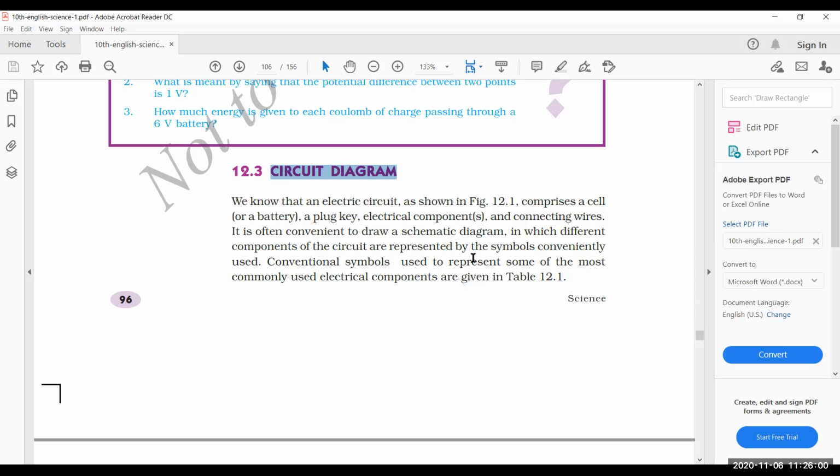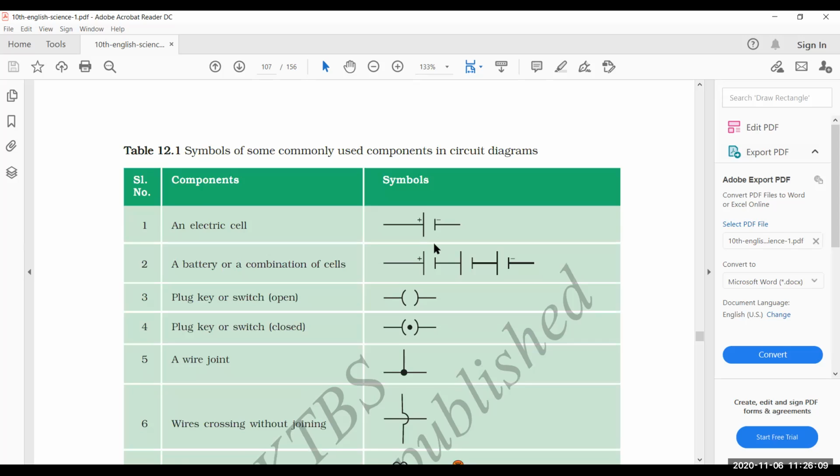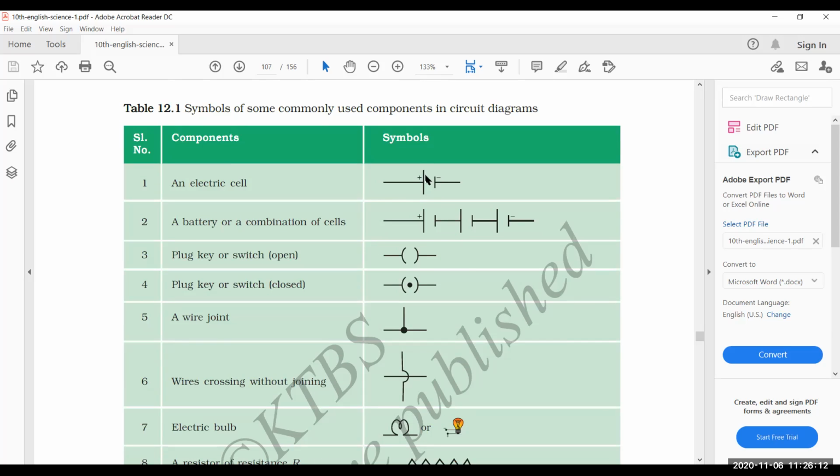So at that time, we need to know which circuit diagram it is or which part of a circuit it is. For that, we need to go through the components and symbols. Here, the electric cell: it's not a battery, only a cell. One terminal is positive, another is negative. So only two terminals are here. One is longer, another is smaller. When there is only a positive and a negative, we call it only a cell. So not a battery, it is a cell.